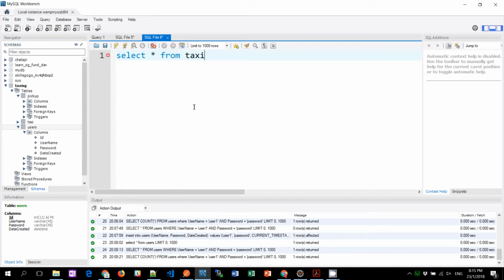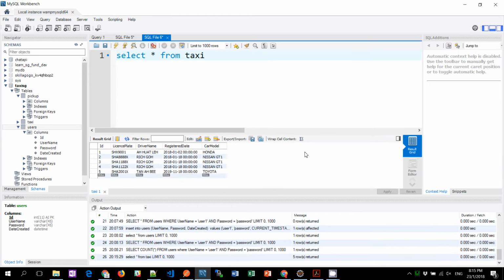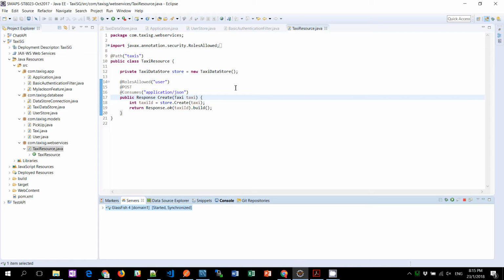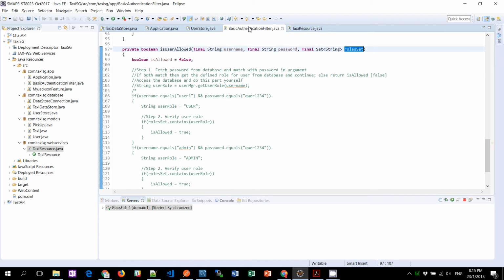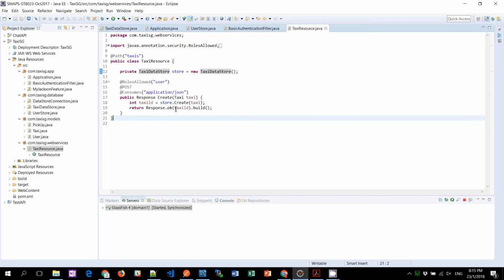Yep. So it added in taxi. So this is how you do your basic authentication. If I want to create another method where I want to restrict access in the most simplest basic way without any roles, I just need to add the method but along with this annotation, RolesAllowed user. If I want to separate into different users, like there's an administrator and there's a user, then I will need